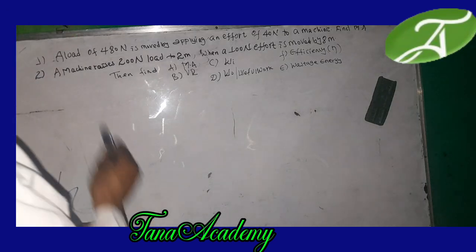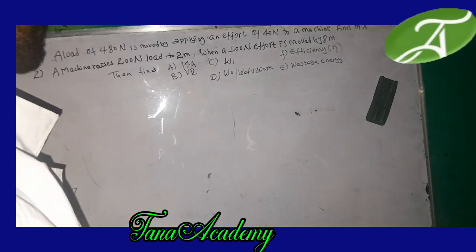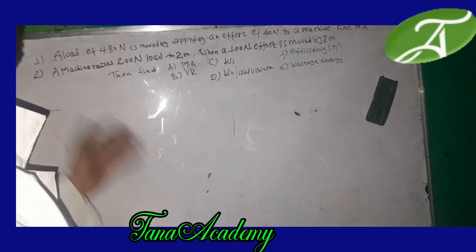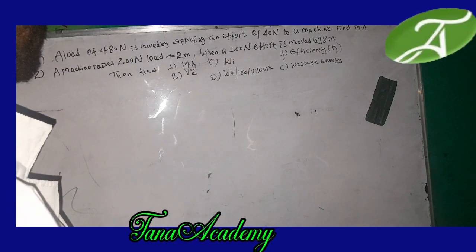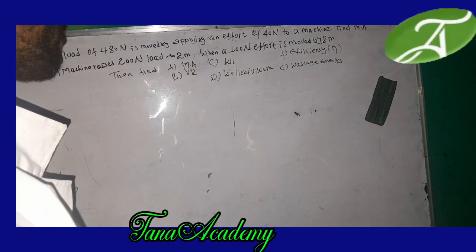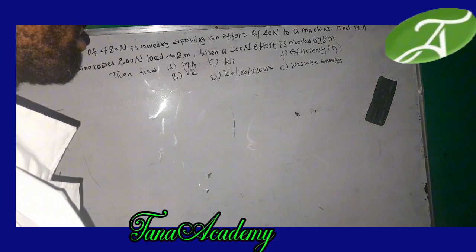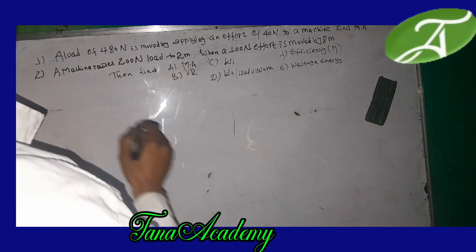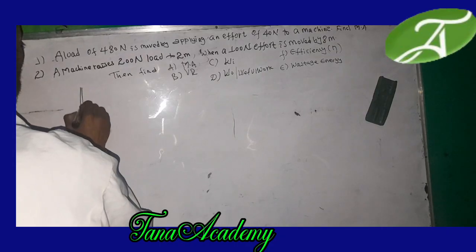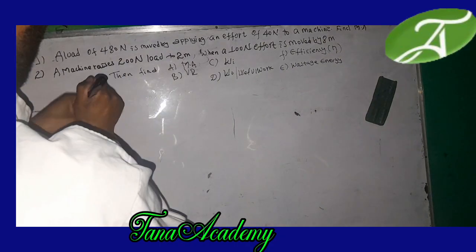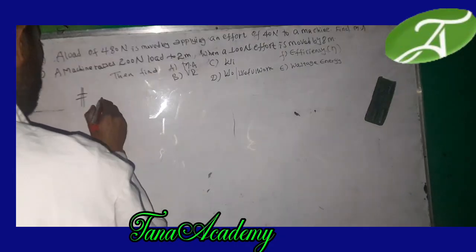Okay, today we are going to see about the simple machine questions. Question number 1 says that a load of 480 Newton is moved by applying an effort of 40 Newton to a machine. Find mechanical advantage. Mechanical advantage. In order to solve the mechanical advantage,